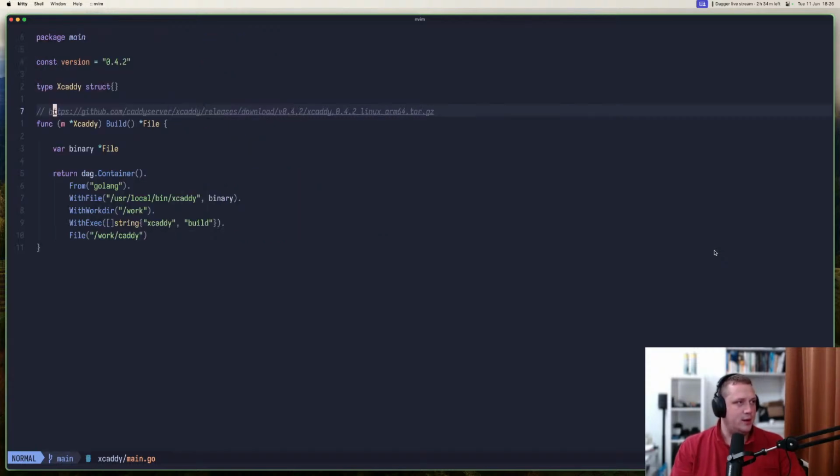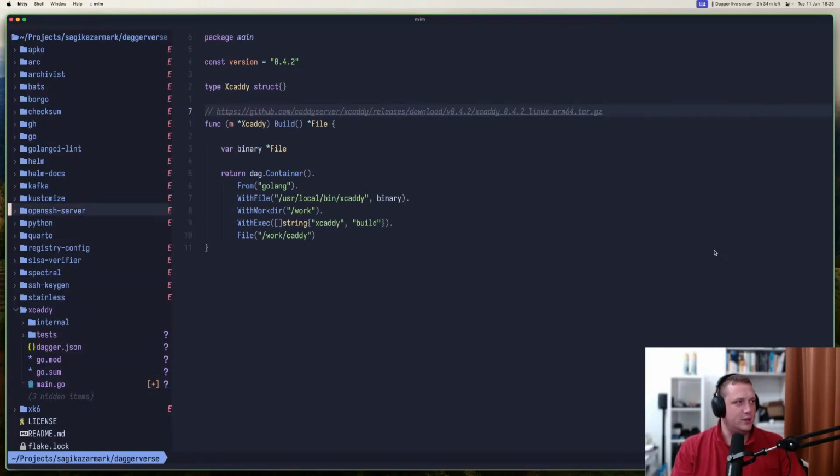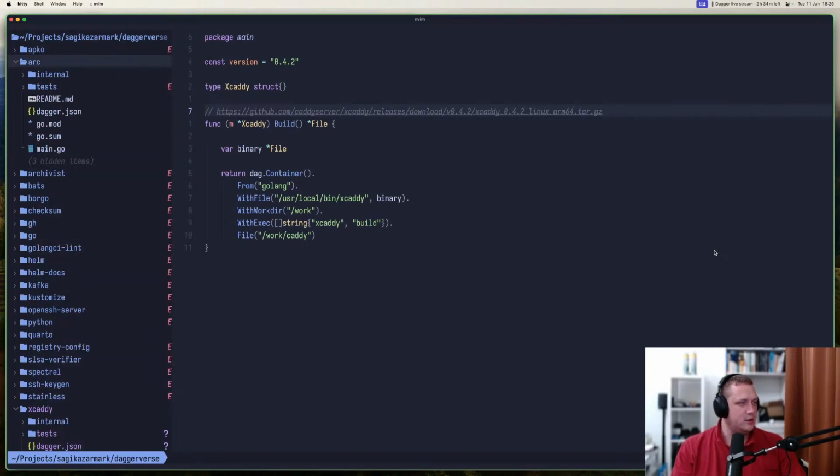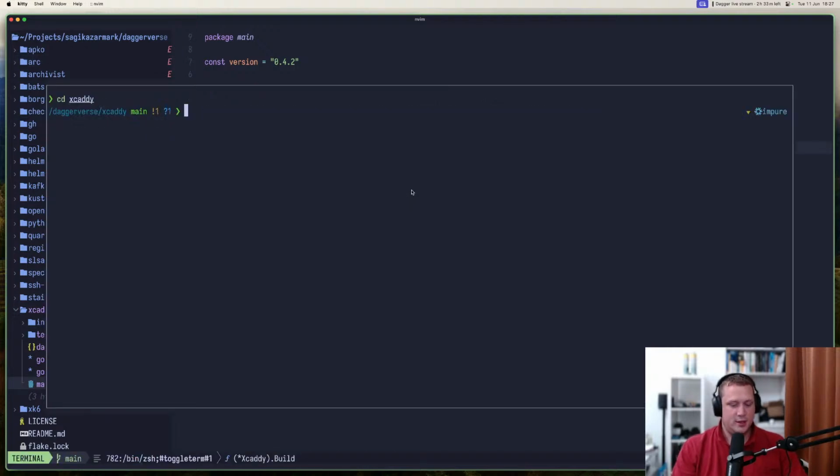So I have another module called arc that can decompress. Now this would be nice if Dagger supported unarchiving these archives by default, but it doesn't. So we kind of have to do that with a different module. So I'm in the right place. Yeah, dagger install